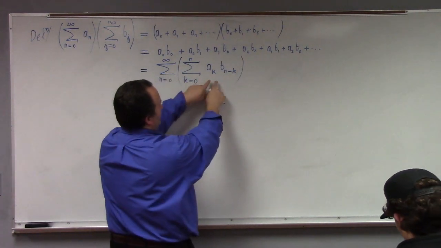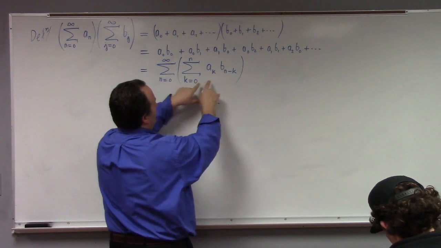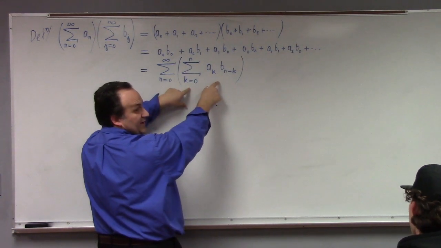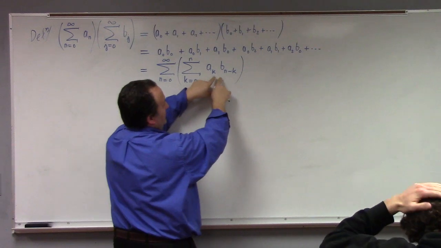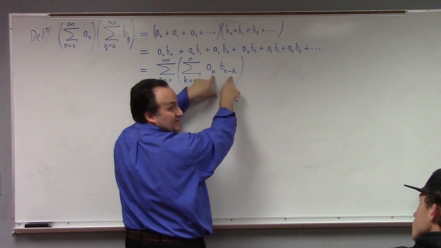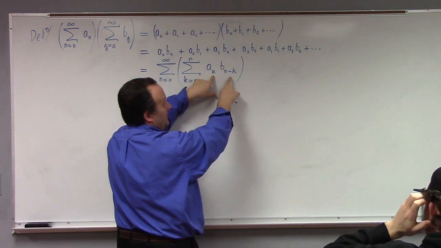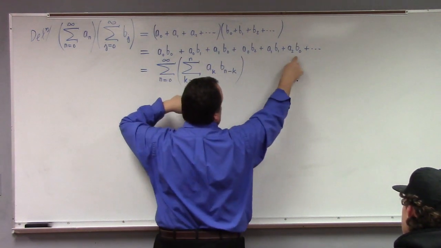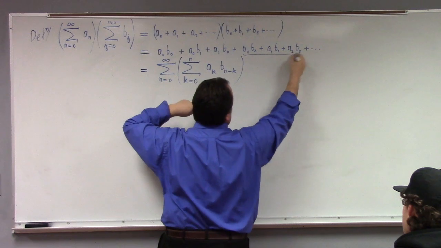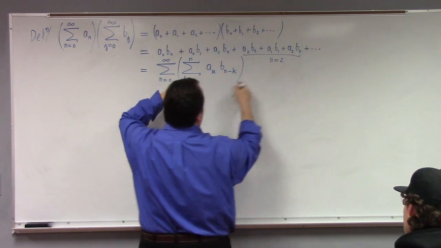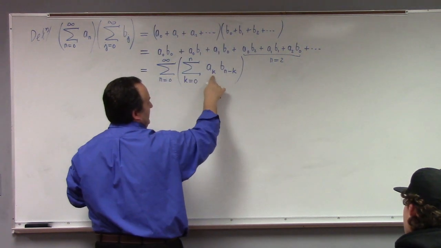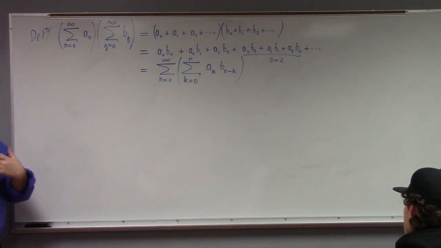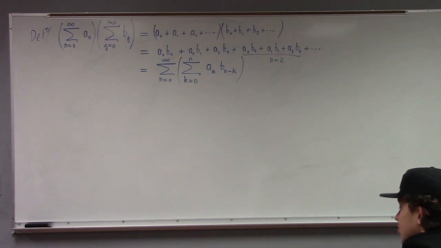See what this is doing? For example, for n equals 0, this is just A0, B0, right? For n equals 1, this is A0, B1 and A1, B0, and that's it. And it just keeps picking up. These terms right here would be for n equals 2. Basically the sum of this index and that index is always n. You have k plus n minus k. It's always all of the things up to that many orders.